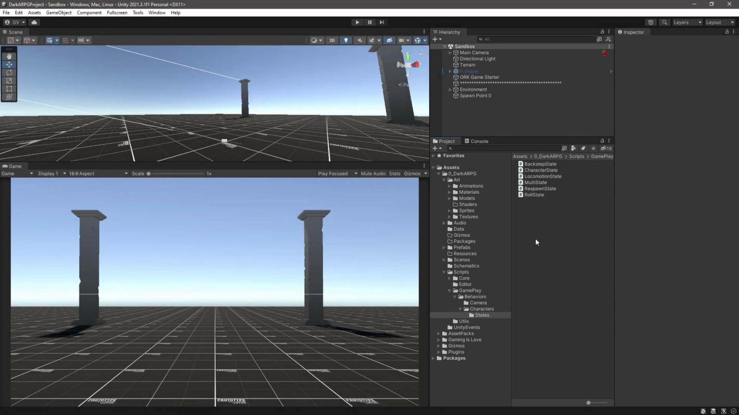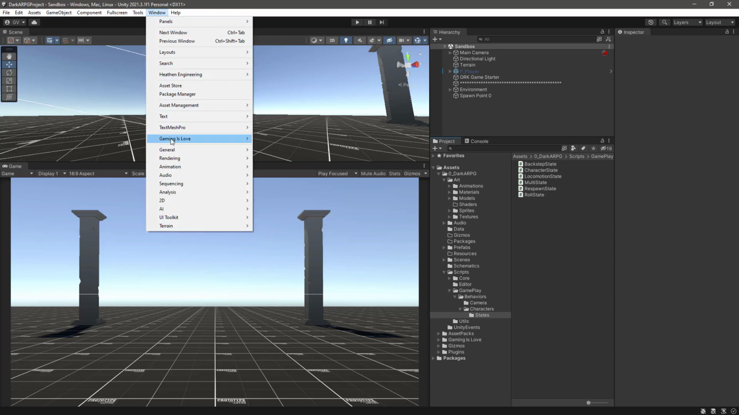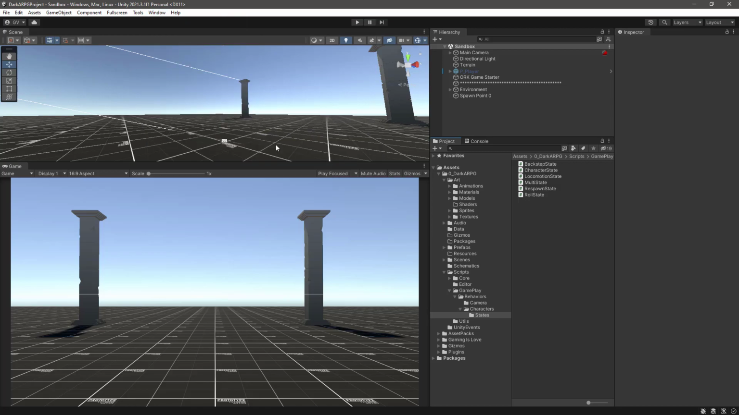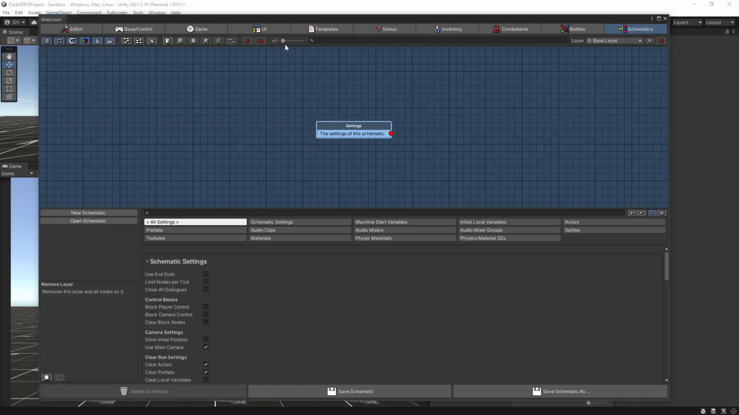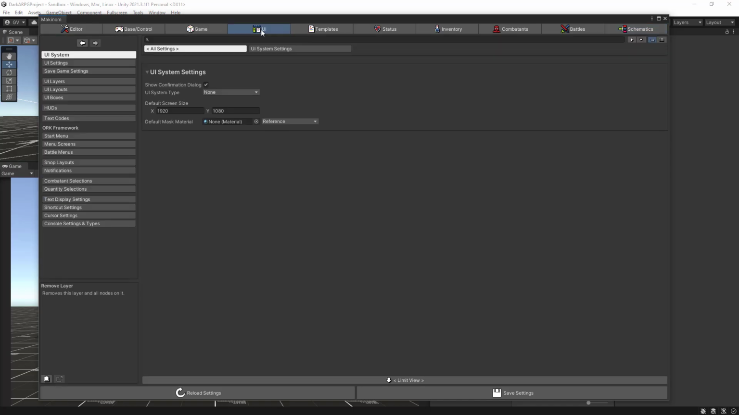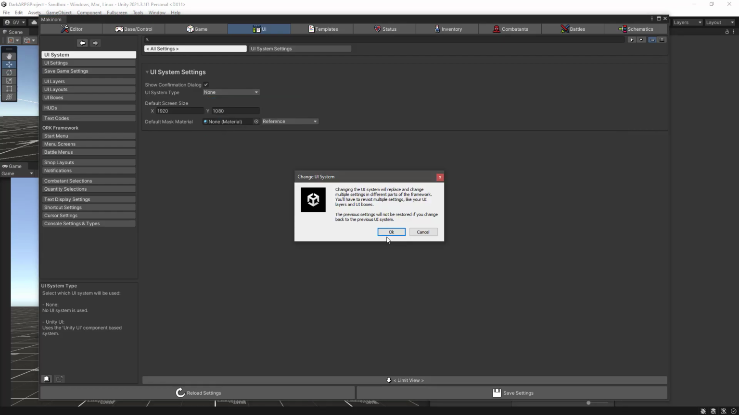Today we are going to look at setting up the basic steps to get our UI system working and running. The first step is to open Machinome editor. Then we need to go to the UI section, and from here we need to change the UI system type to Unity UI. Click OK,